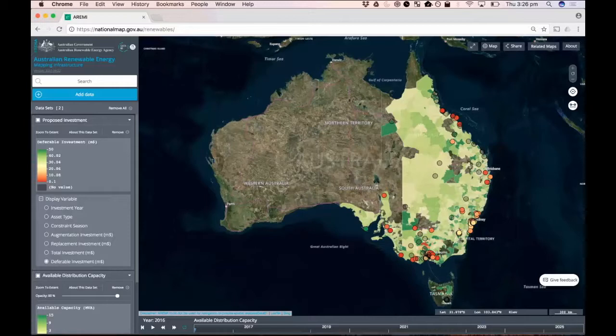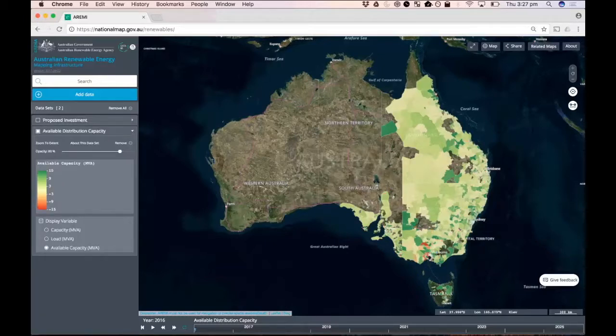And so now what people often miss is this time slider bar. That's where it is down the bottom. It is there. People aren't necessarily used to finding it or seeing it. I'm going to turn off proposed investment, and I'll show you just how you can see some of the data actually changes over time in a particular